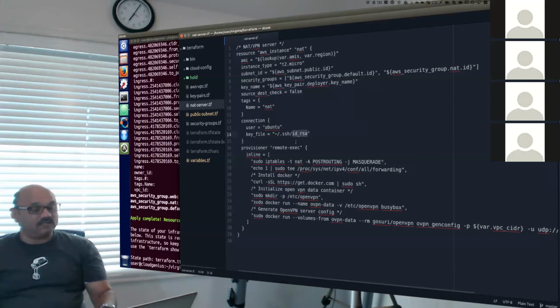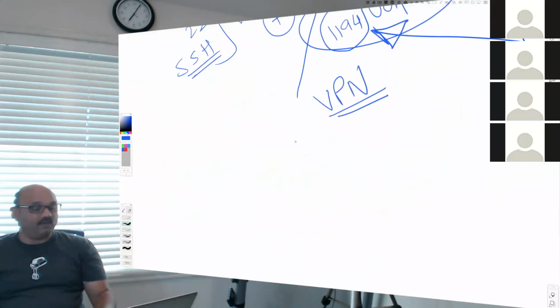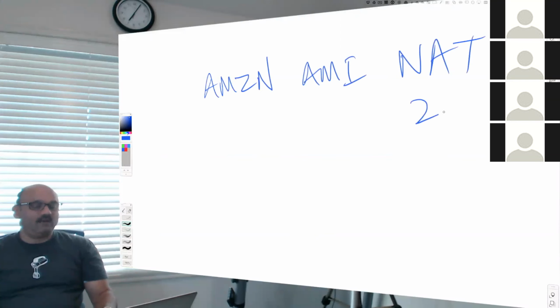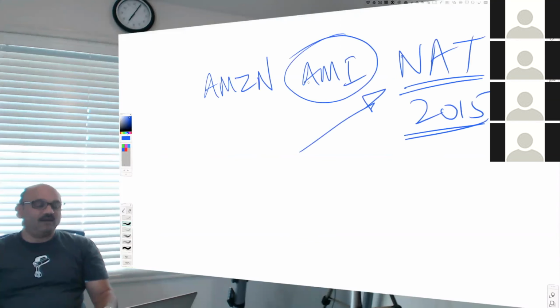So that is something very different than what we did before in our earlier hand and manual exercise. We chose an Amazon AMI with a NAT already built in, so it had the NAT capability built in.